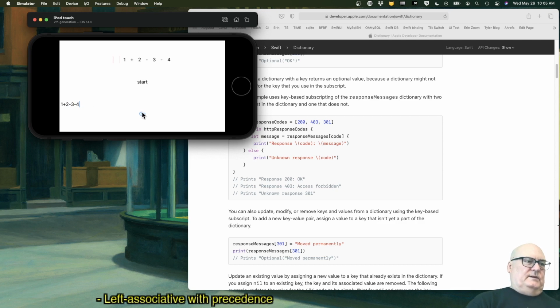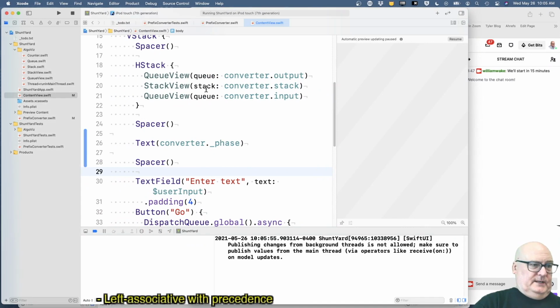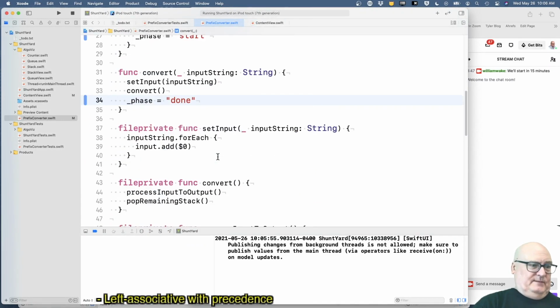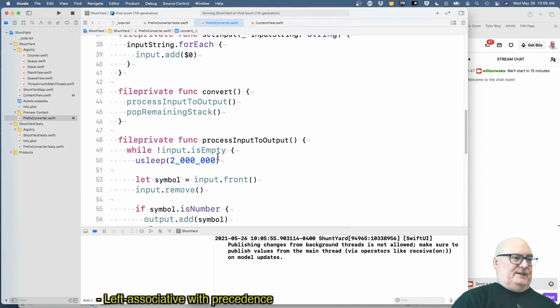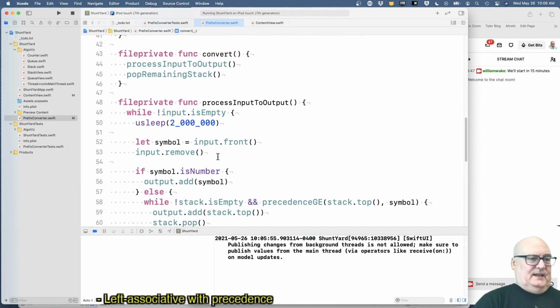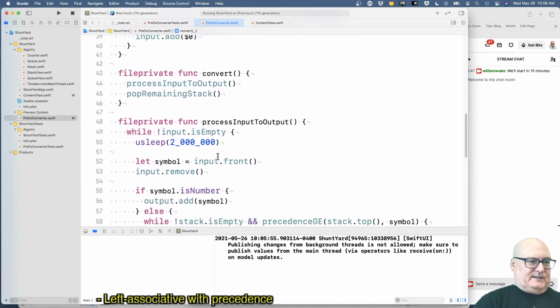Okay, this should be start. Yeah, 1 push, 2 pass through, and we expect it done at the end. Yeah. All right. So now I'm just using sleep. I'm going to have to find a mechanism to make this more general, but